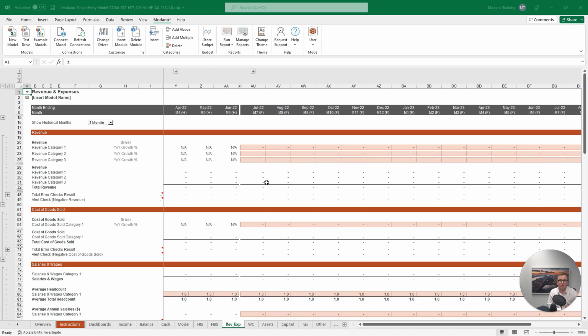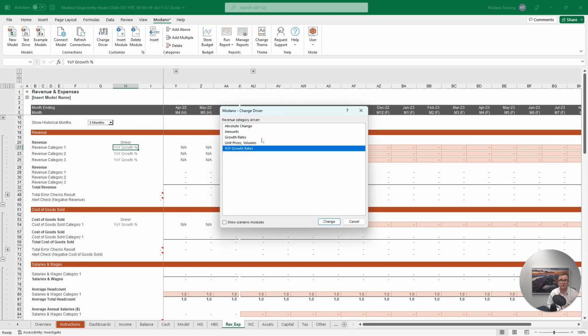Then looking at a variable drivers model, when you first open a variable drivers model, your default driver will be year-on-year growth rates. Variable drivers allows us to easily change the forecast driver for each individual category. For example, if I wanted to change the driver of my first revenue category here, you'll note that it is currently set to year-on-year growth rates. If I change the driver and again choose unit prices and volumes,